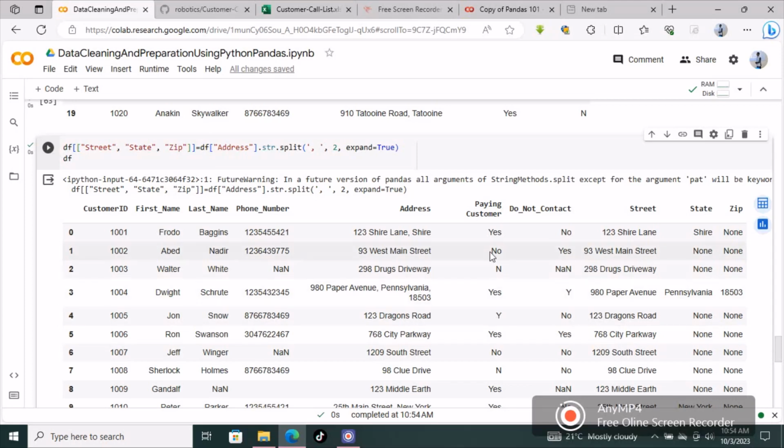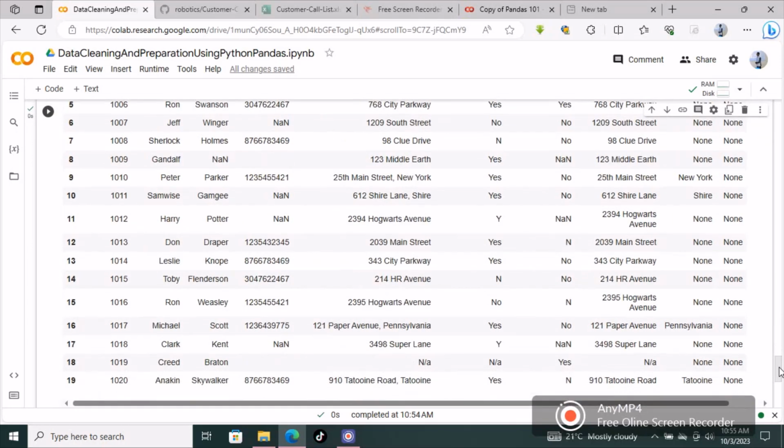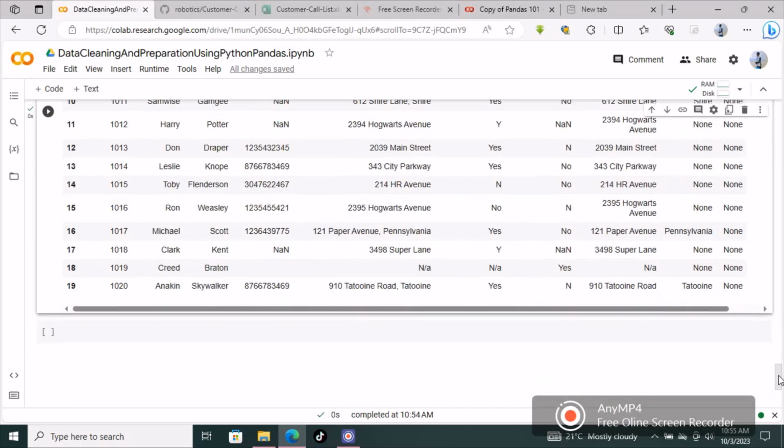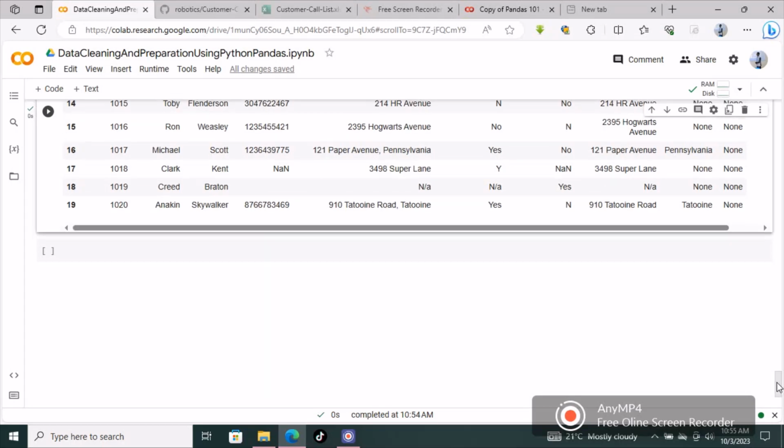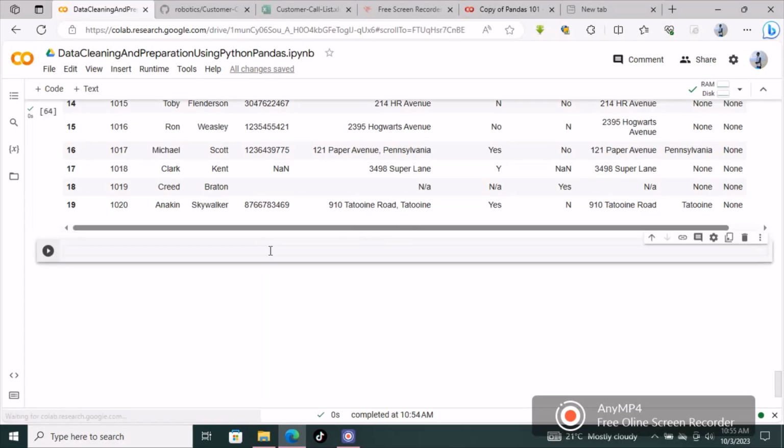So data frame, so we've already executed the cell. So we can't run the same command twice. So the address was deleted on our first execution. So let us move to the next thing, that is